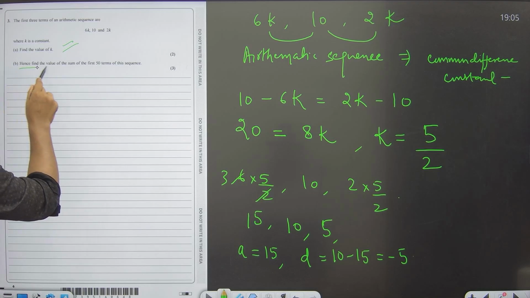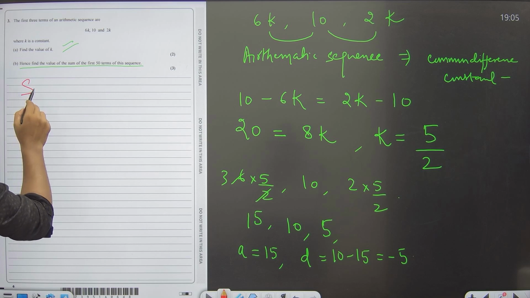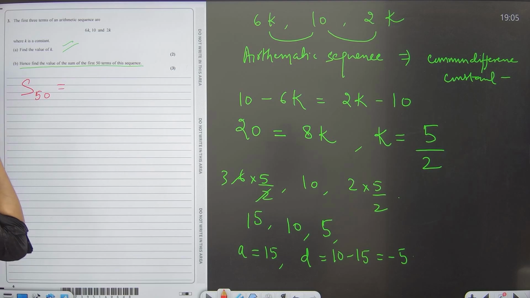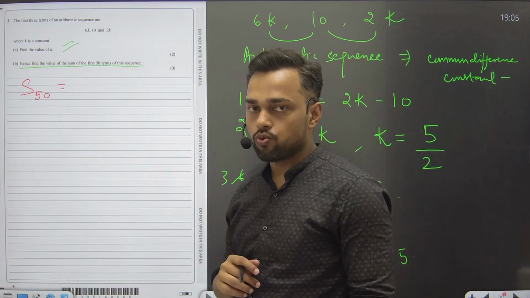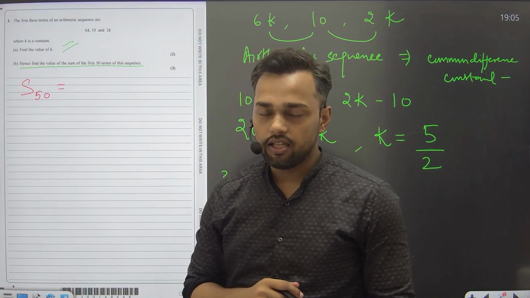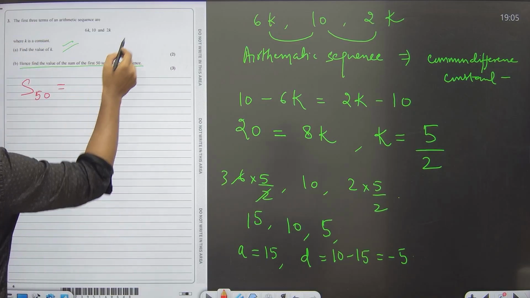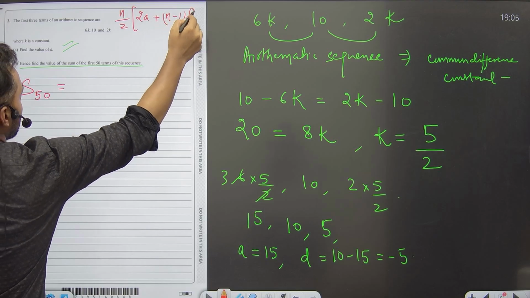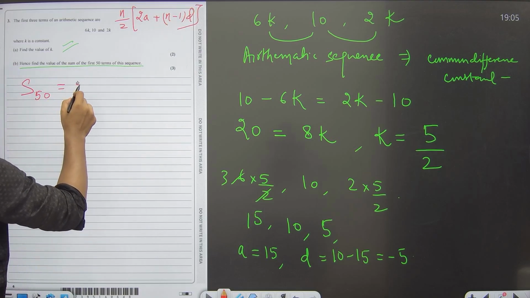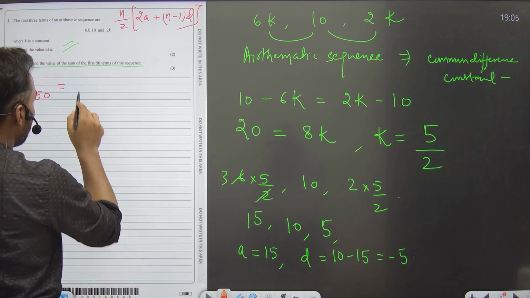Now according to the question, they have asked for the sum of the first 50 terms. So I'm applying the formula for the sum of n terms of an arithmetic sequence, student, that is n by 2 times 2a plus n minus 1 times d. So I'll write this formula for you here. So n by 2, where n here is 50, so 50 by 2,